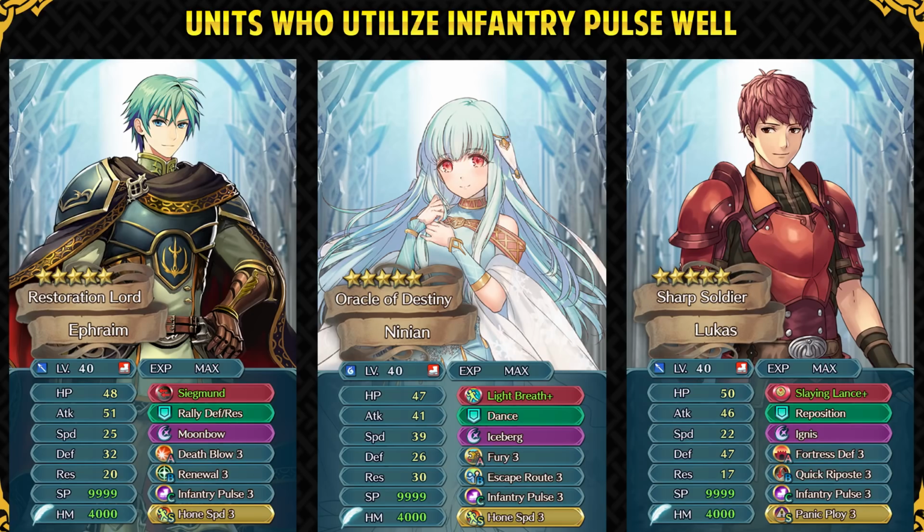Ninian is the only dancer in the game who can reach that high HP, and that gives her a niche over other dancers by running Infantry Pods. If you refine her breath, then she also gets +5 HP, and she can be the only dancer who can provide Infantry Pod support. Ginger Stud Lucas can also make fantastic use of this because of his high HP, and